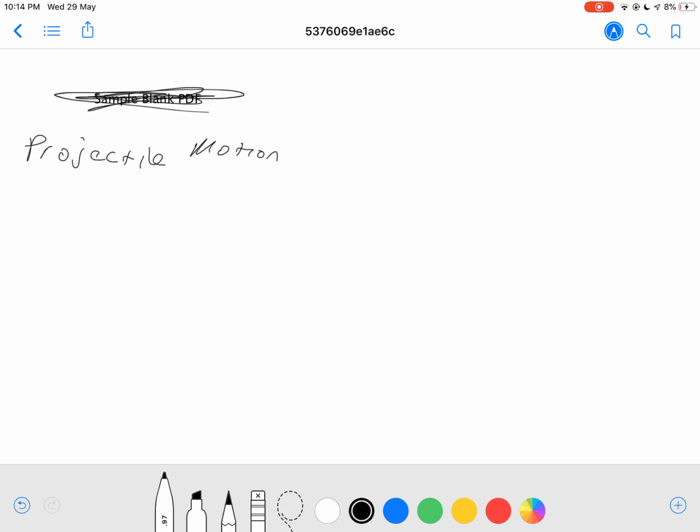So what do you need for projectile motion? This is actually a very big topic, so you need to know quite a lot. Let's just go through the basics first. For projectile motion, you need to know